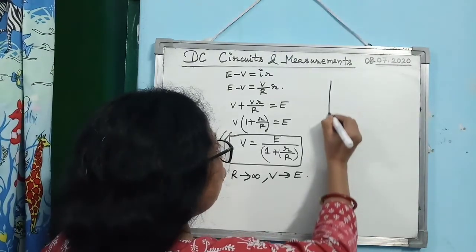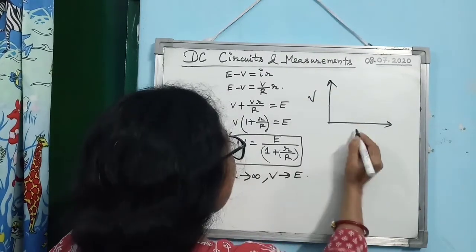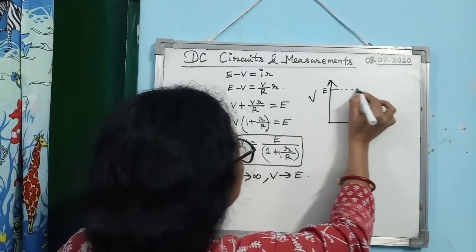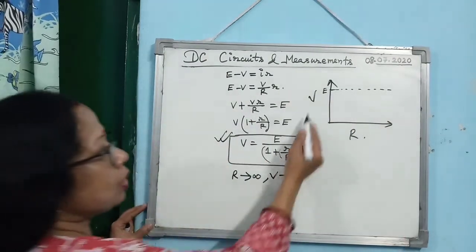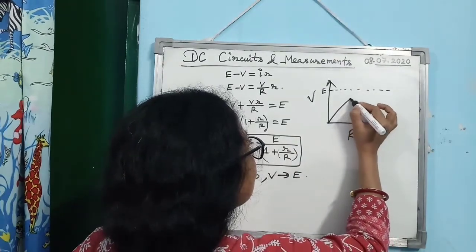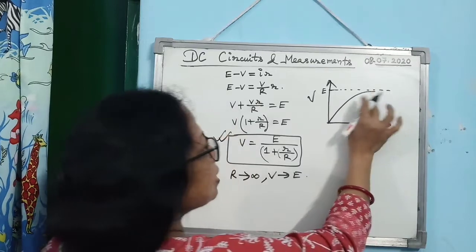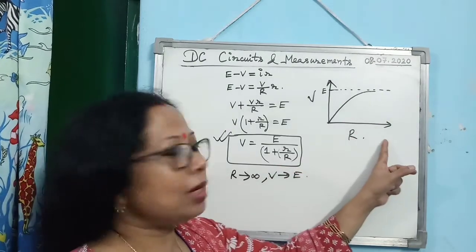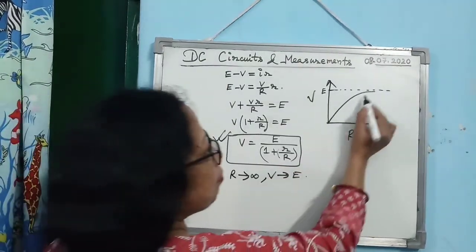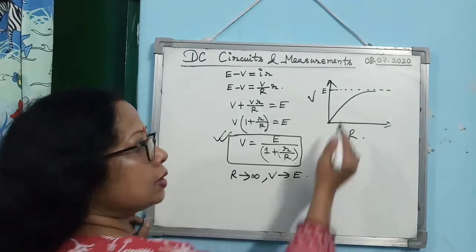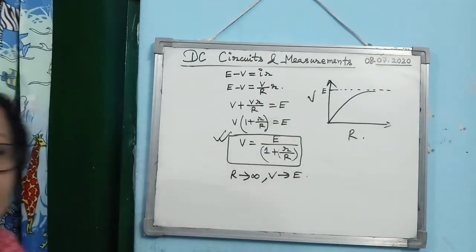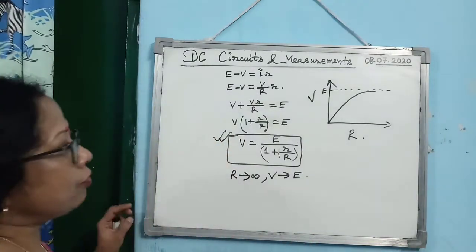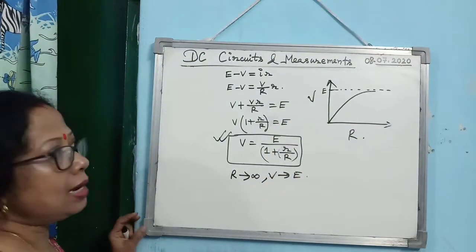So that's why if you plot V versus R graph, let us consider this point corresponds to EMF. Then you see what will happen, V will increase and it will become asymptotic. Asymptotic means it will just touch the line V equal to E when R becomes infinity. Means it will become parallel to this dotted line, but it will touch E where? It will touch E at infinity. These are known as the asymptotic line. So V versus R graph for an electric cell looks like this.